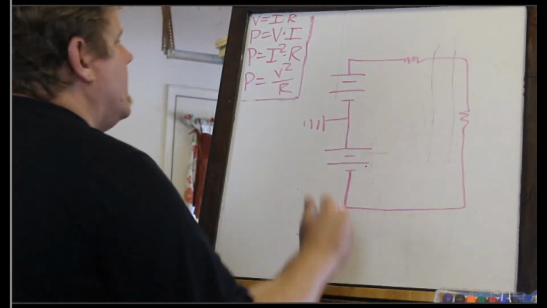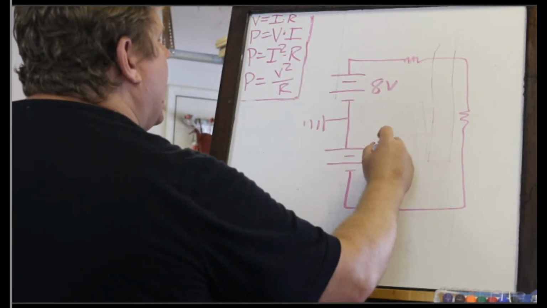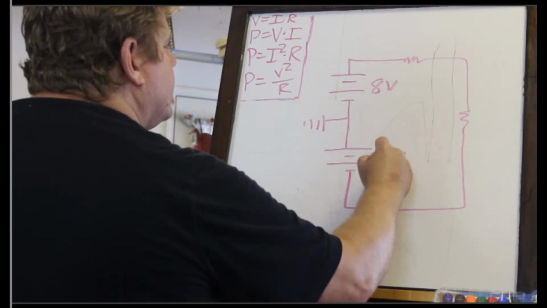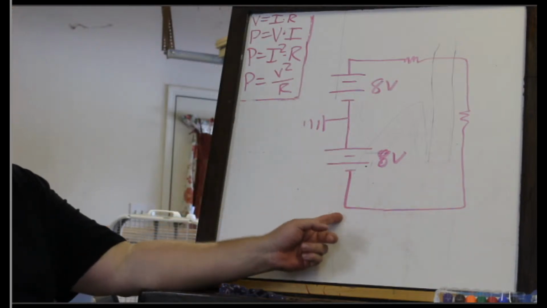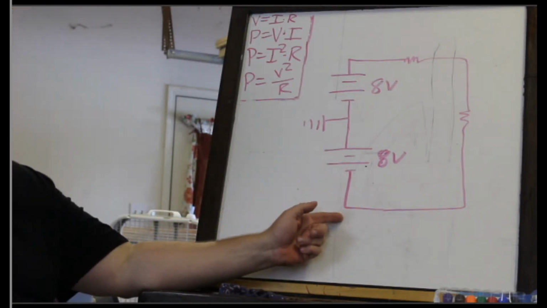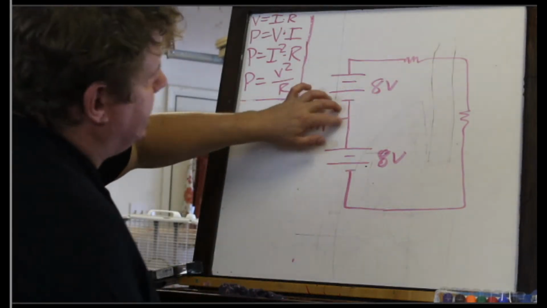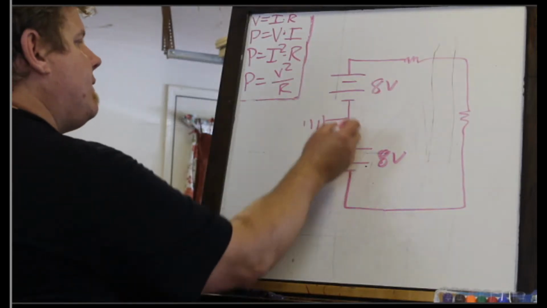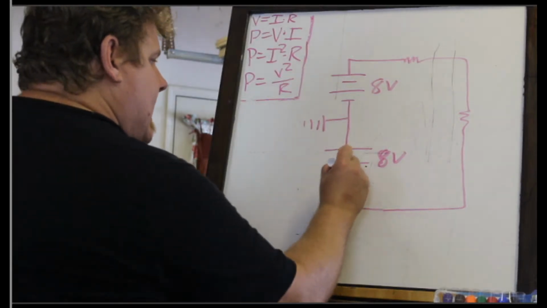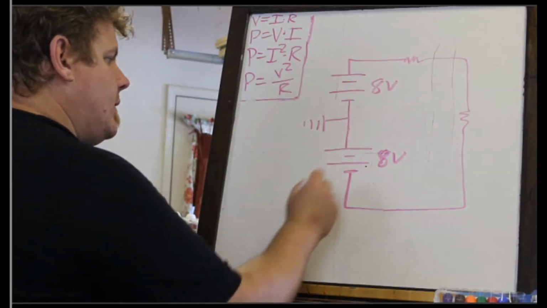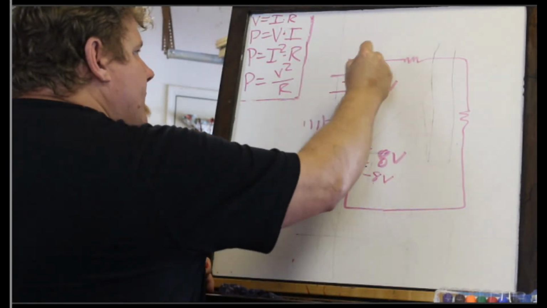Okay. And this one's going to be 8 volts, and this one's going to be 8 volts as well. Okay, so I got 2 voltage sources. So now instead of having the ground down here, which I said is the default for everything that I do, now my ground is in between these 2 sources. And so I'm pulling the positive of this down and I'm pulling the negative of this down to ground, okay? Which means now the bottom of my circuit is connected to, this is negative 8 volts, this is positive 8